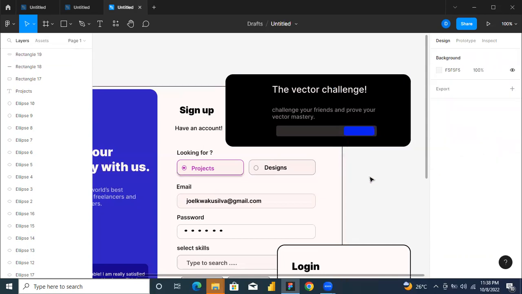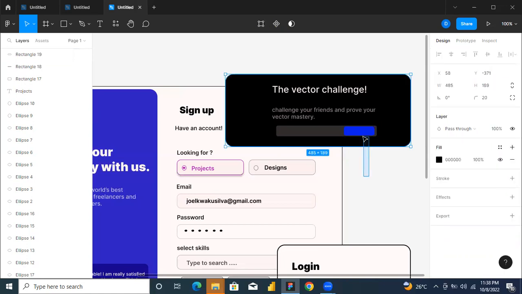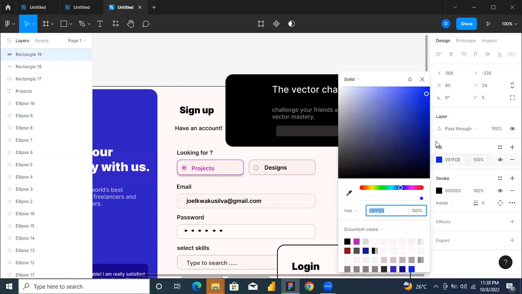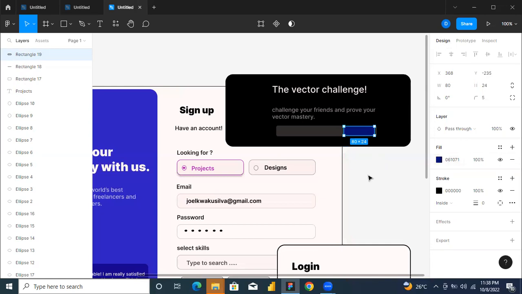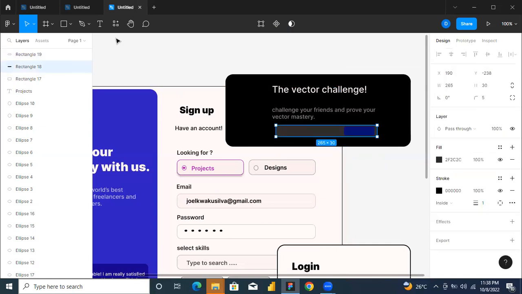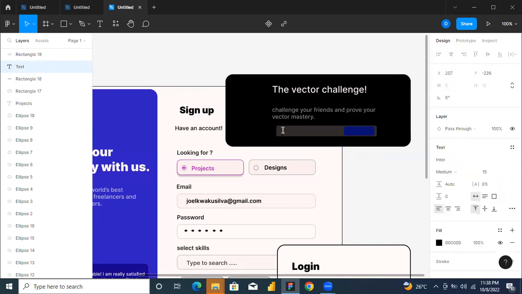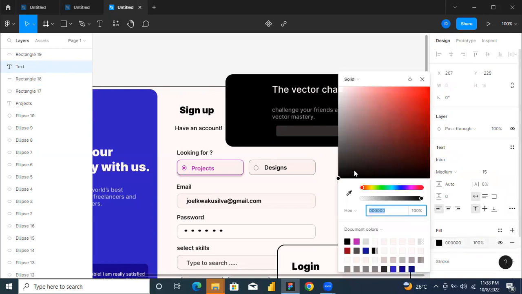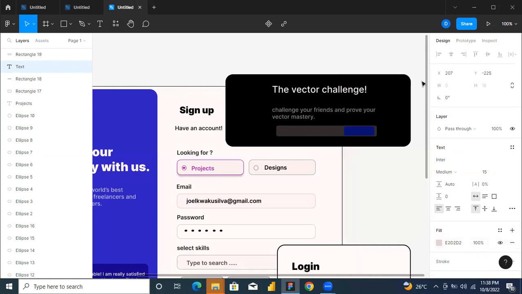Okay, select text, then type inside. Let's change the color to white. We have HTTP